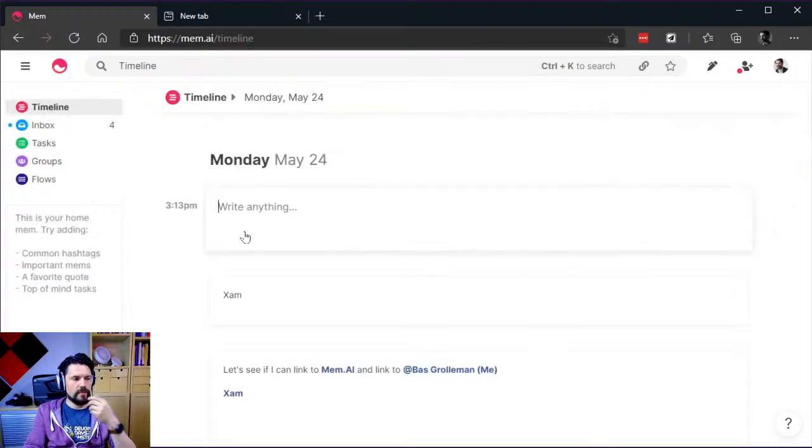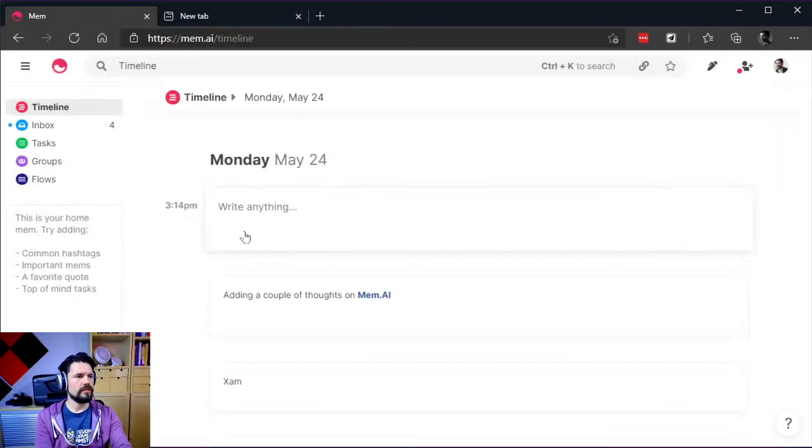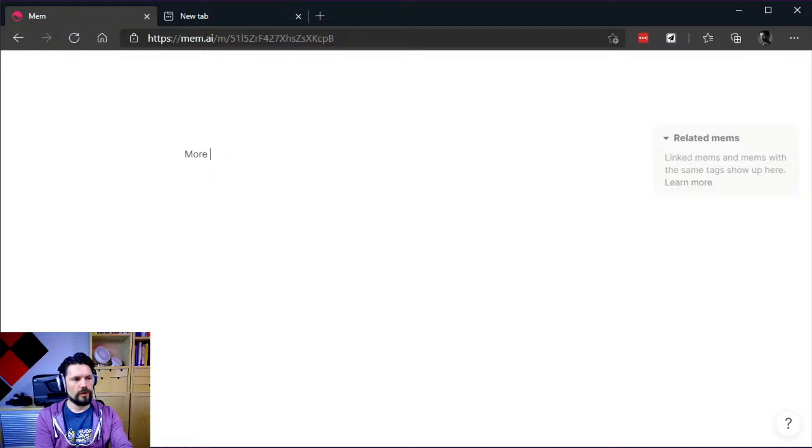Now let's see if I make a couple of thoughts on this. So adding a couple of thoughts on, and then go Mem.AI. And can I then use that? Control Enter is nice because it allows you, then I type away. And let's see. Oh yeah, I wanted to add more, so more links to see how the list would look. I'm doing another